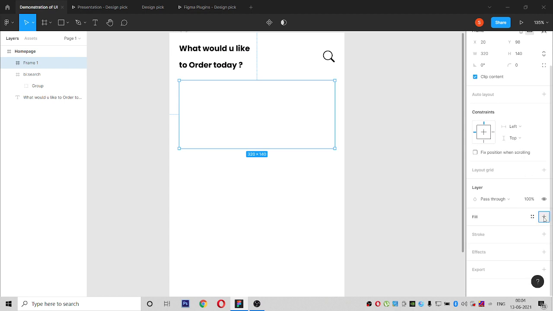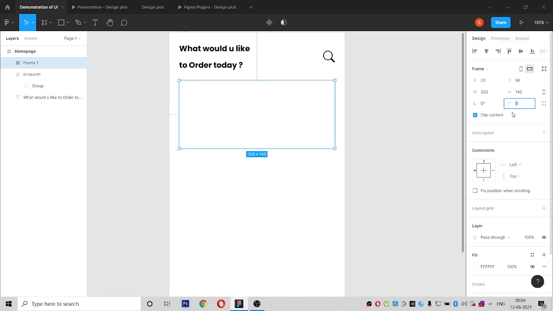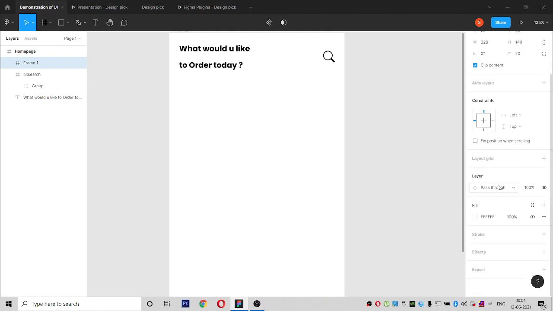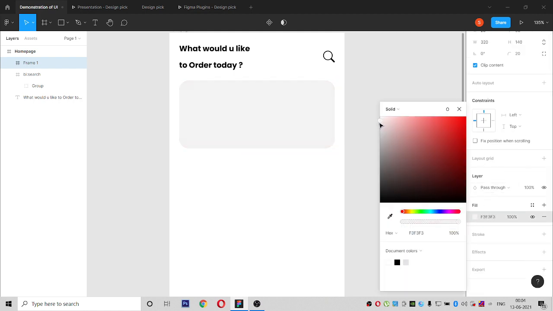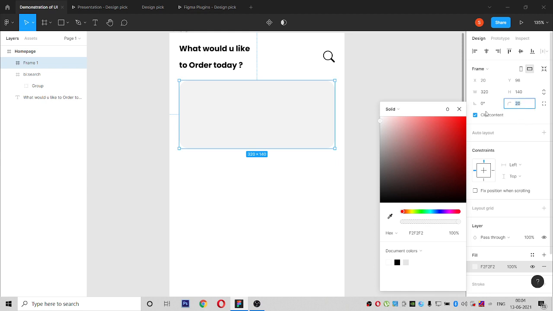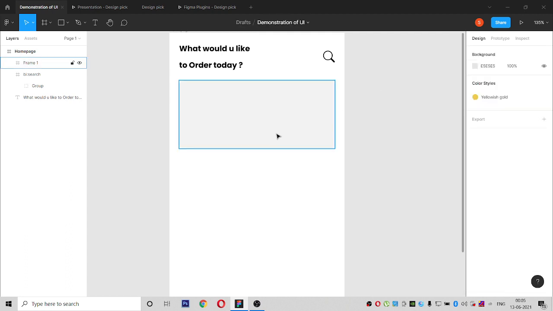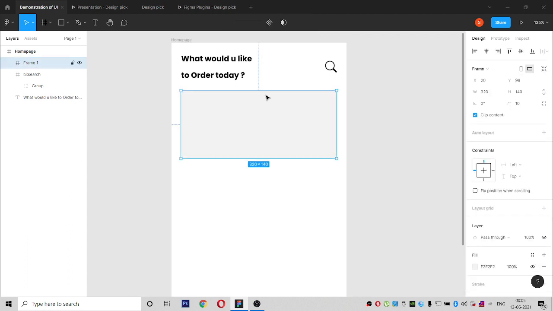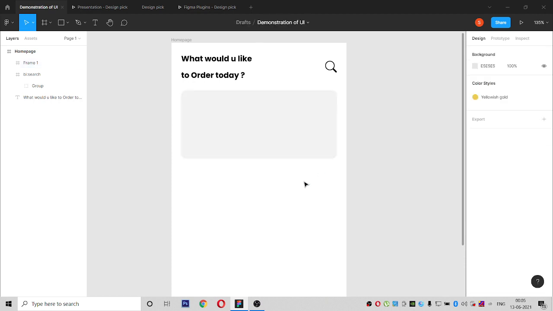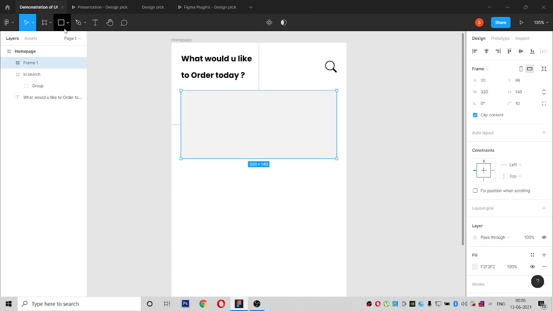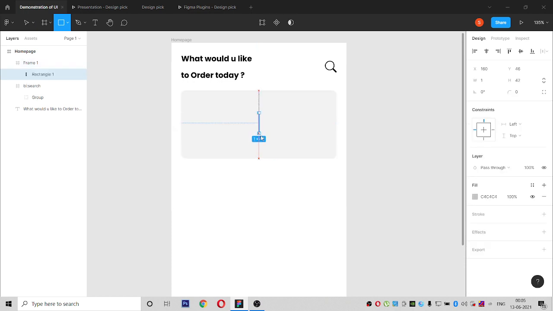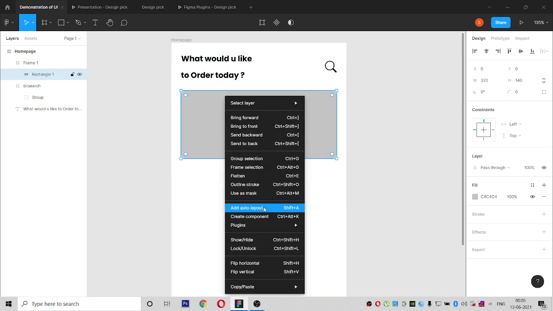And if you give fill, give a 20 radius, for example. Before giving 20 radius, think of the corner radius also, how the card should be placed. So inside this we are going to place some banners. So this is a frame. Don't always play with frames, sometimes it makes the UI lag, there might be some problem.